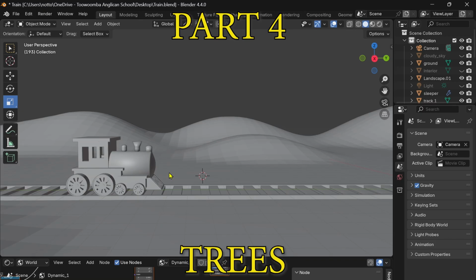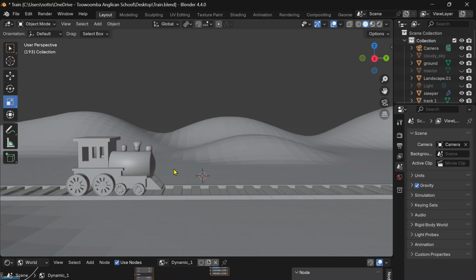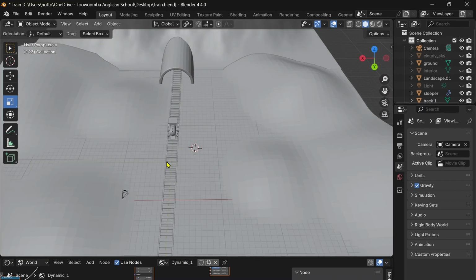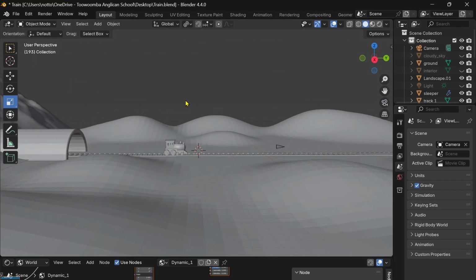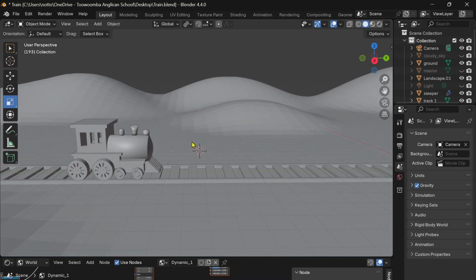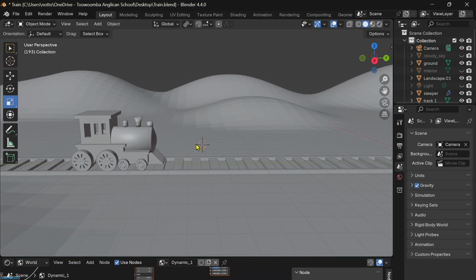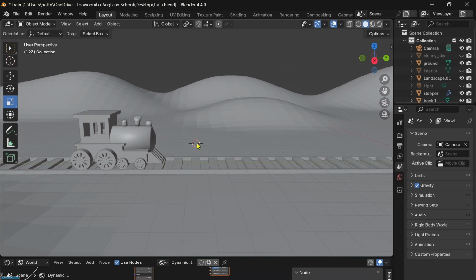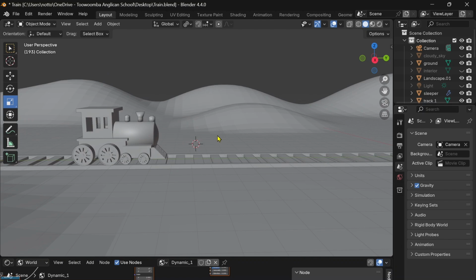We're now going to create a tree, and we'll just create two different versions of this tree, and we'll use a function in Blender that will spread many copies of the trees out across our landscape. So I've just put the cursor near the train, so I've pressed Shift and right click, which puts the cursor wherever your mouse cursor is, and we're putting it next to the train so that we can get a good idea